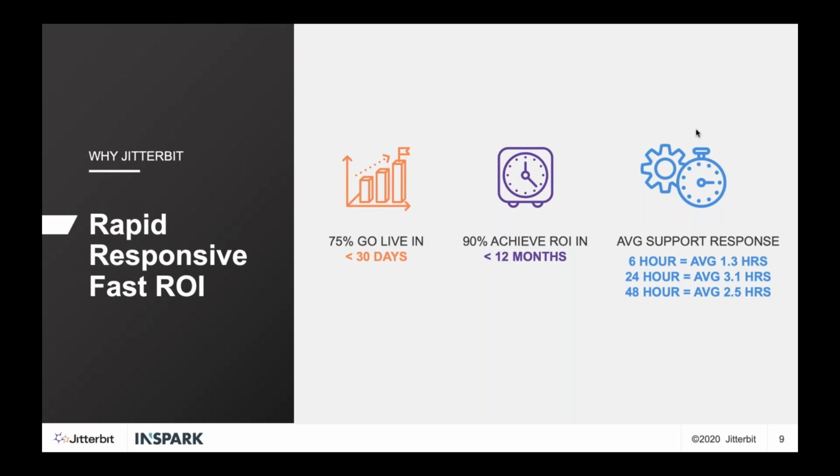And that's also backed up by our expansion ratios. We're seeing a lot of customers keep buying more and more and coming back for more and more advice as well. Also important when we go into more critical parts of your business: response time, support, customer management, etc. So there you can see we're making very good numbers on being responsive and rapid.